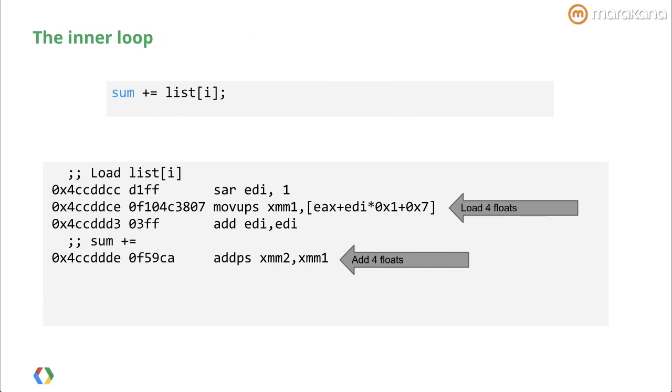So this is the only slide with assembly on it, I promise. Although I encourage you to start looking at the disassembly from your JavaScript engine or the Dart VM because it's very enlightening. But see our inner loop here where we just do sum plus equals list[i]? When the optimizer kicks in, this becomes just a single load where we're loading the ith element of list and then just an add. It's all in registers. Nothing goes out to memory except the load, of course. So it really gets this optimal.